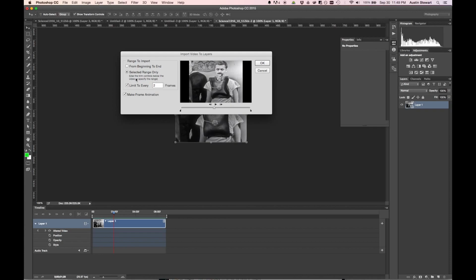And then this limit to every 2 frames, you can set this to whatever you want. If you want something to look like you've sped it up really high speed, or you want to shoot video of yourself and then have it look like a stop motion animation, this is a great way to do that. You can eliminate every 3rd frame or every 5th frame or every 2nd frame, and you get this really kind of jerky motion. It's a nice effect. We're going to leave it alone, and we're just going to say make frame animation yes,